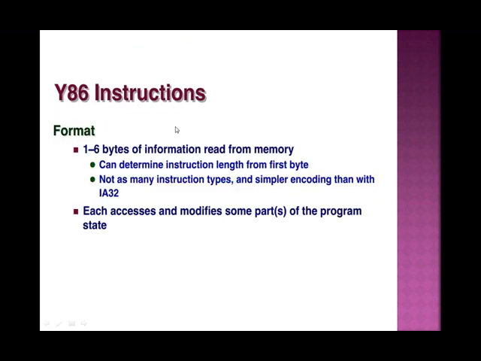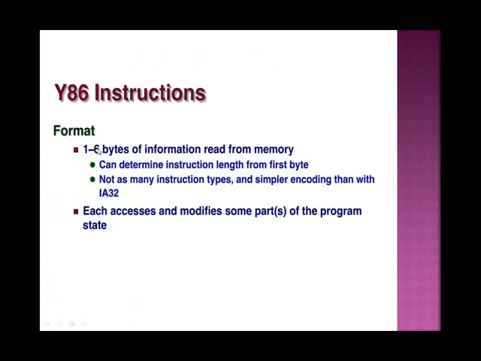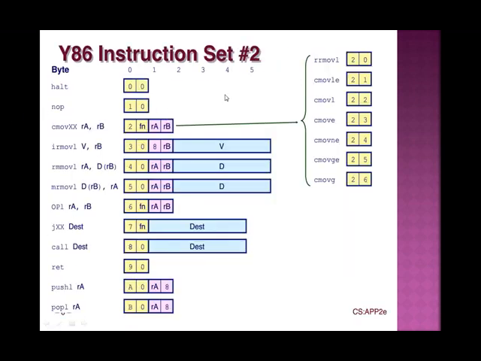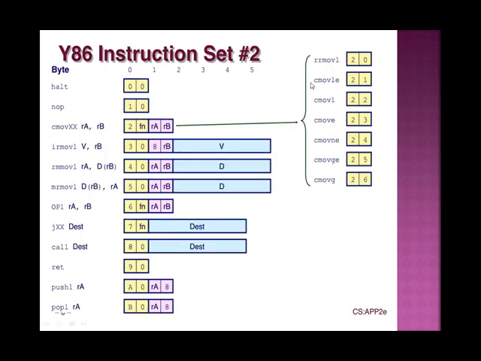These are the next instructions. This is your instruction set 1. This is your instruction set 2. Halt, the same halt, but these are used for multiple registers. These are the registers, these are the commands. One is your halt, that is stop for a moment, 0 0, then nop, 1 0, then cmove, rA, rB, these are the registers.